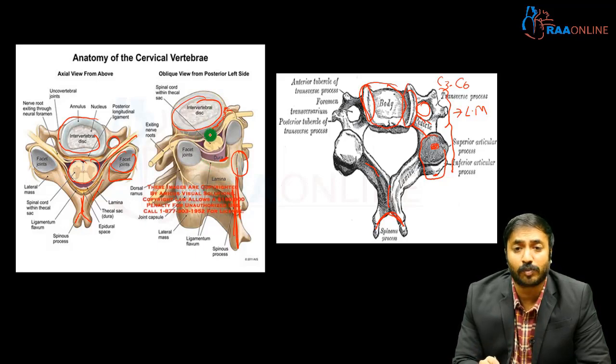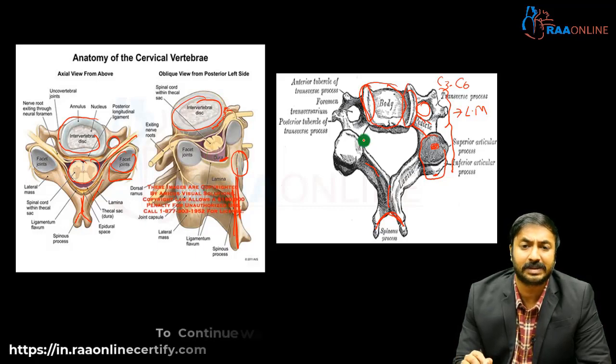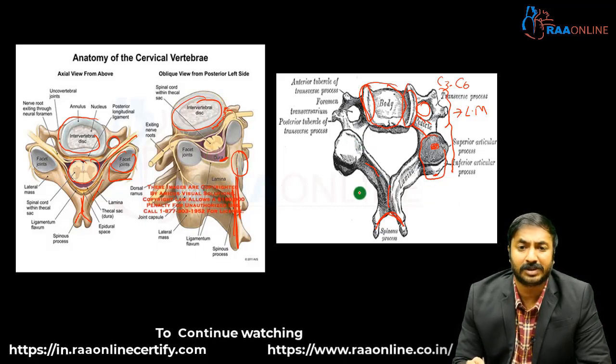Then posterior to the body there is one more very important ligament, the PLL. Any rent in the PLL lets a disc fragment escape and compress the cord; that's your regular soft disc prolapse which occurs in young people. So this much anatomy should be known before jumping into the pathophysiology of myelopathy and understanding the treatment and